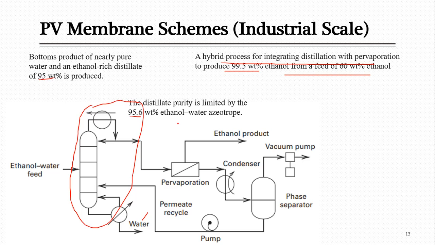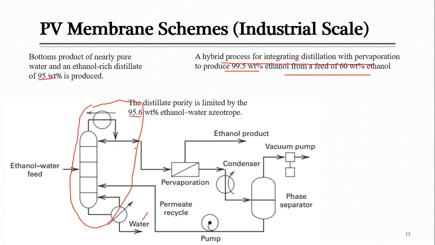Above this, actually, an azeotrope is formed and you can't separate further. If you want to go for further separation with the help of distillation, the maximum possible is this 95.6 weight% ethanol purity. Still there will be some amount of water present with this, almost 4.4% water. So in order to remove this water, to purify it up to 99.5 weight%,